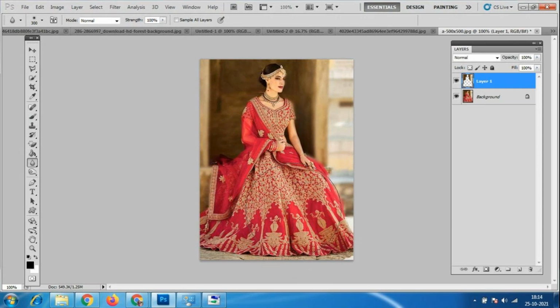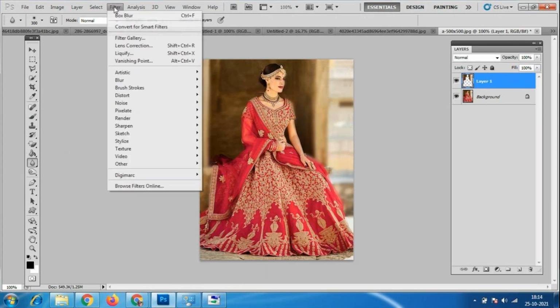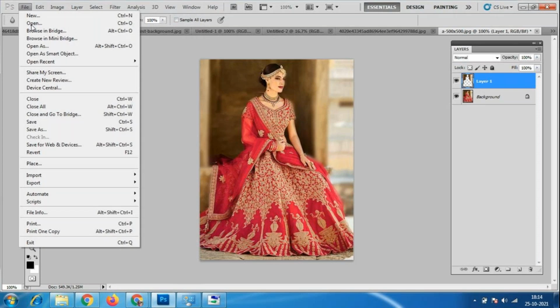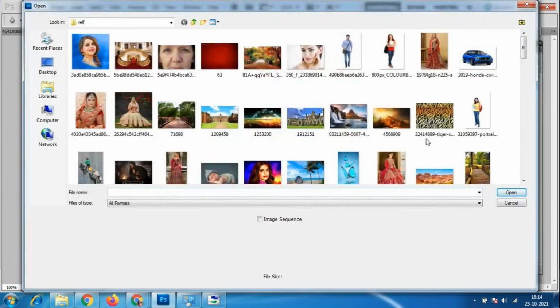So now it has become blur. Before, it was this much sharp. Now I have used this blur tool. You can see the character is not blurred, only the background which I have selected separately is blurred. Okay, you can use this blur tool, otherwise you can go directly to Filter and there is an option called Blur. So both the things you can use, depending upon what kind of background you are taking.